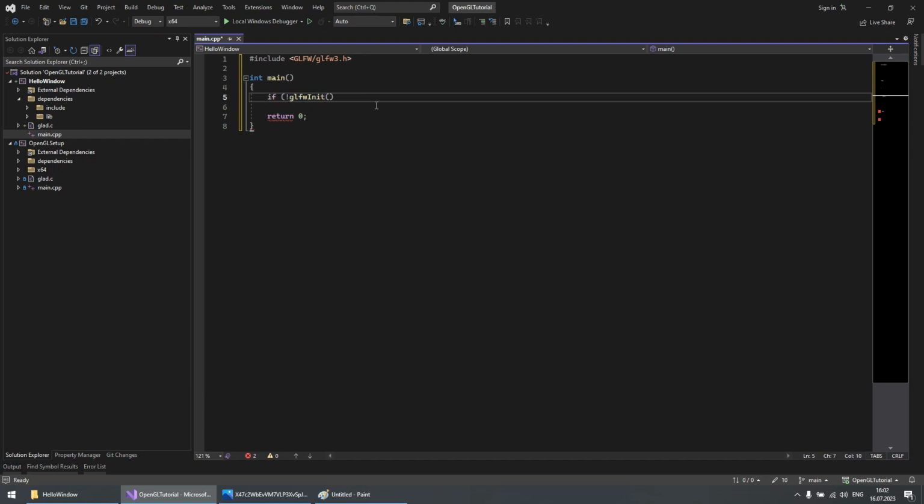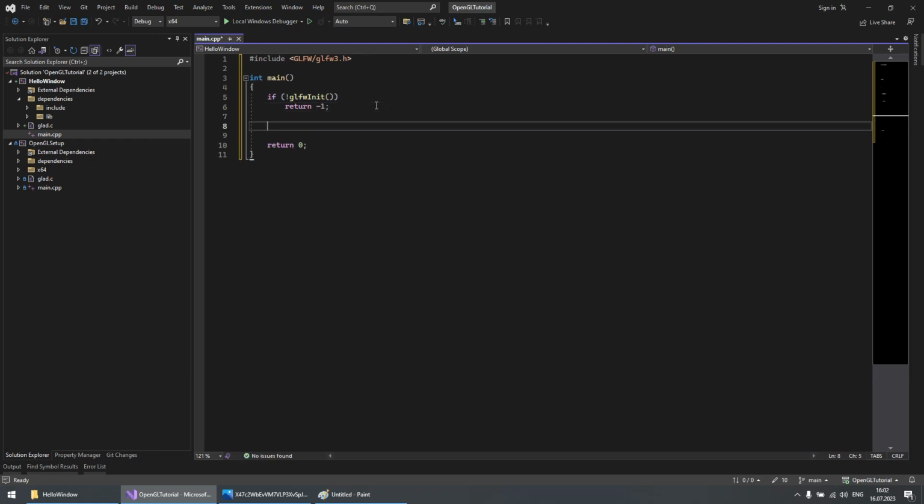So we can check if it wasn't successful. If it returns false, then you can return -1.